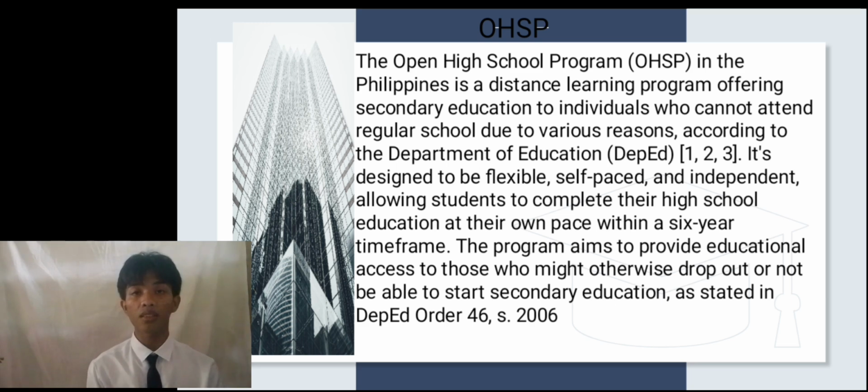With a 6-year time frame, the program aims to provide educational access to those who might otherwise drop out or not be able to start secondary education, as started in DepEd Order